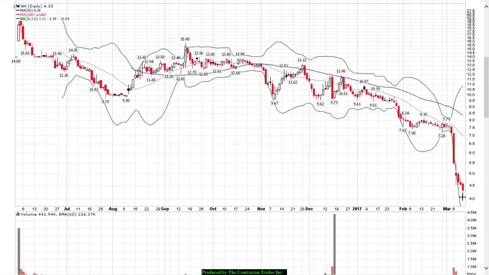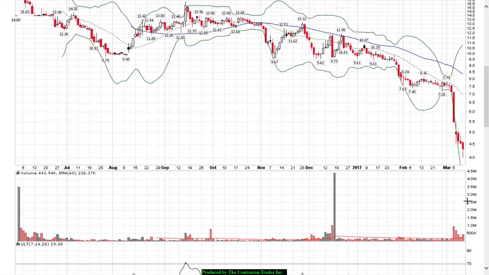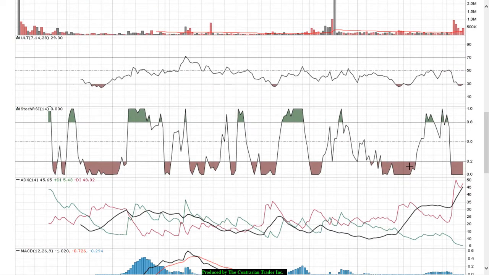So while we saw some buying on Friday, and how do I know there were buyers out there? This bottoming tail, or wick, implies that at the $4 per share level, we had buyers that moved in and bid the shares off the lows of the day. Volume rose on Friday, but much of that was buying. Again, bid off the lows of the day. What we'll be looking for is a retest of the $4 per share level.